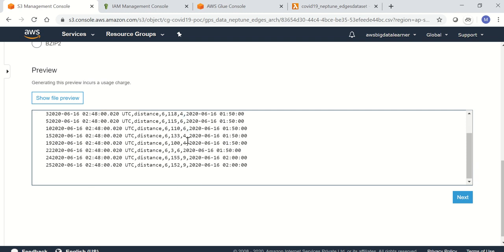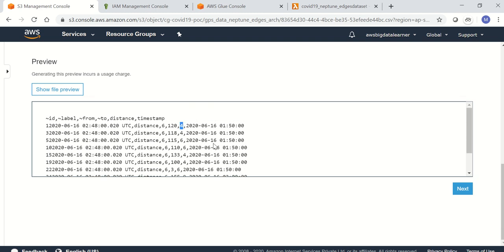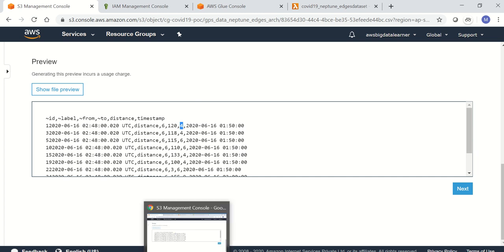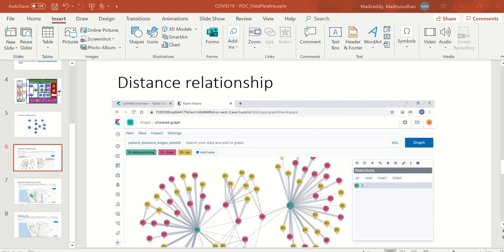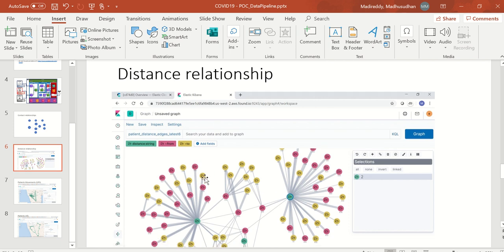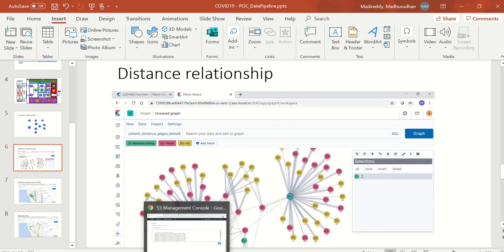Similarly, there will be some 1 kilometer, within 10 kilometers, as per the transformation rules that we have created in the Athena queries. That is created in Kibana visualization to present a graphical view of the contact distances.